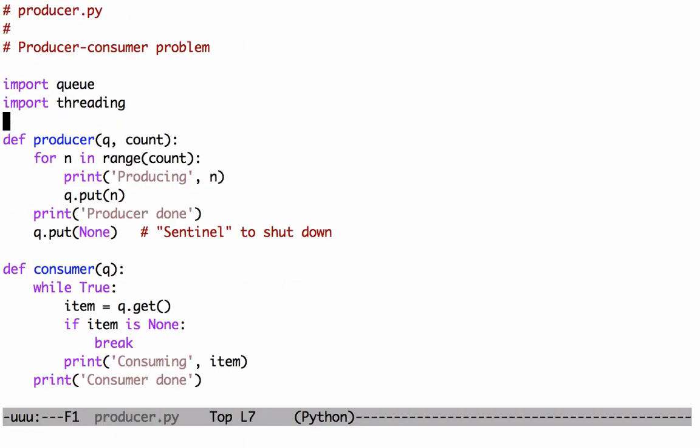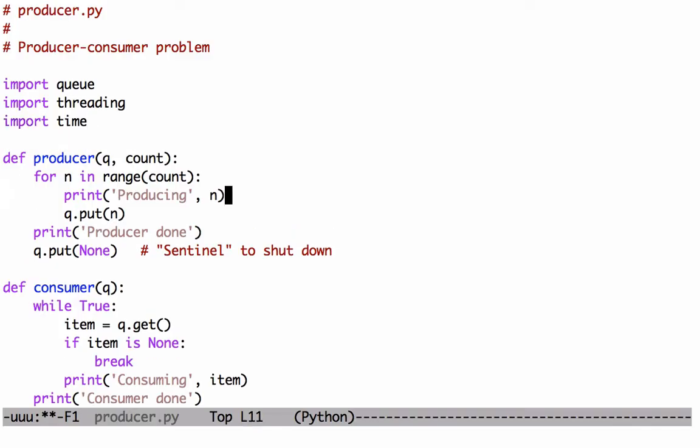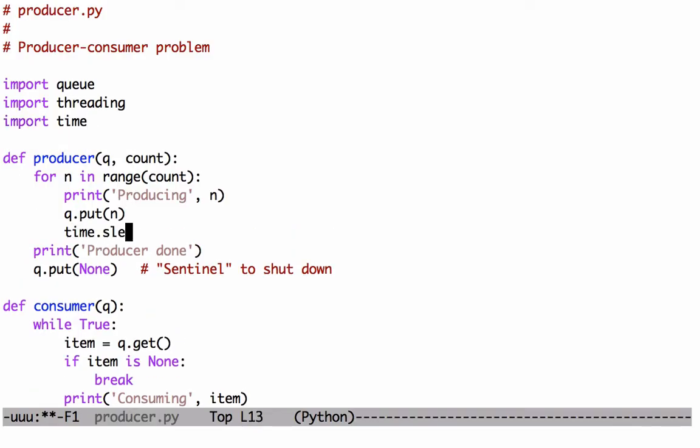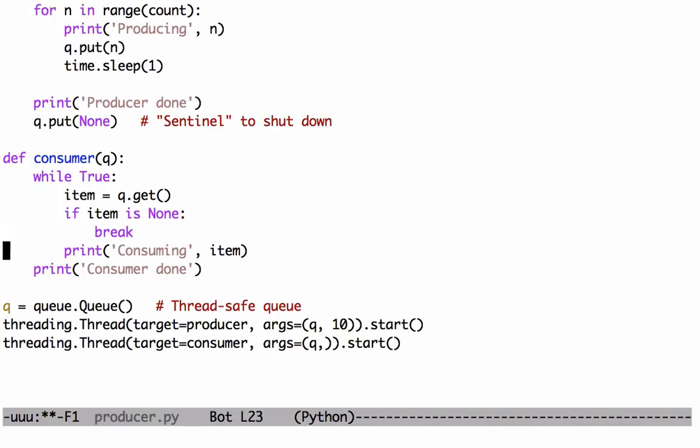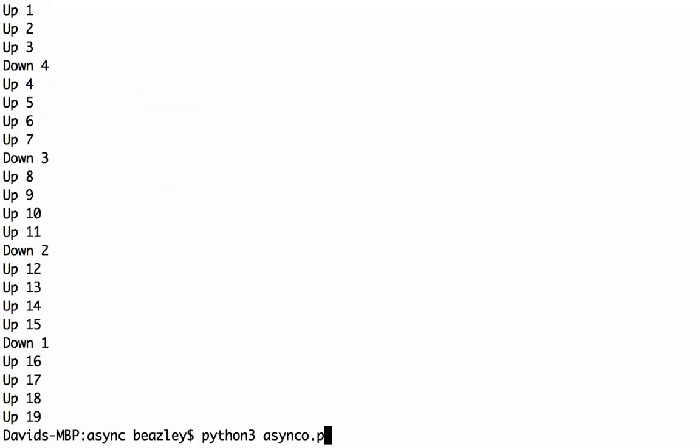consumer. One other thing I want to do here is slow it down a little bit by just having the producer sleep like that. Okay, so let's try to run that. Okay, let me try this out here. Okay, Python